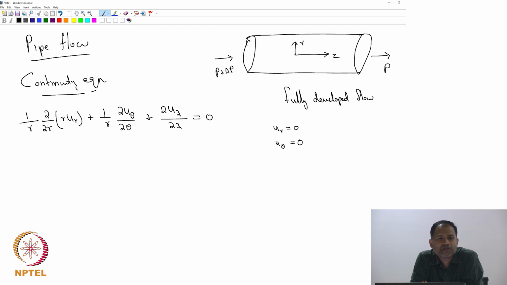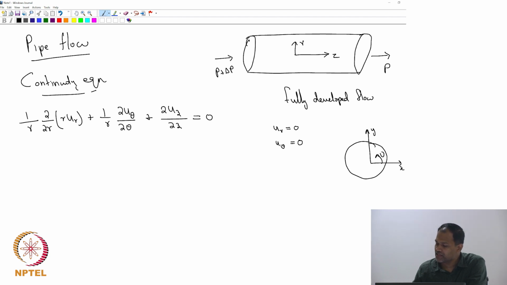Now assuming u theta equal to 0 is much more sensible, because what is u theta? Let's look at a cross section of this pipe. Let's say that's a cross section, okay. So flow is coming from behind the screen through the screen to outside, and let's say you have an x, you have a y, and that's what you define as theta, right? So then I could say that my u theta will come out to be some function of theta,